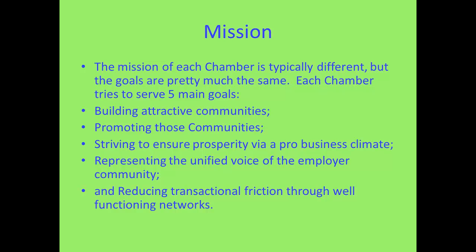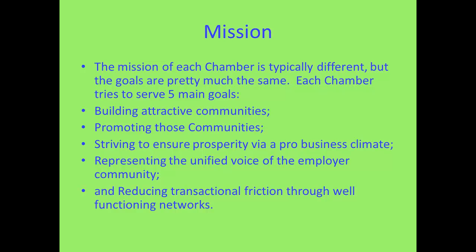The mission of the chamber, everyone has a different mission, but ultimately it's all the same. So, to build attractive communities, that's for residents, that's for visitors, and that's also for investors. We partner with a lot of organizations. So maybe we're partnering with the city or the county to make sure we're beautifying our downtown, building parks for the residents, having greenways and just different things that are going to make people enjoy living there. Because really, when someone selects where they want to be, it's mostly off the quality of life. And it's a big job of ours to make sure that those things are upkept.